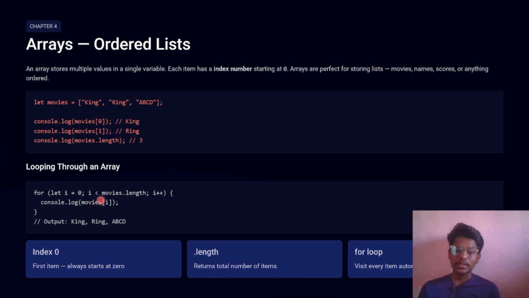Here you understand one thing: there is no equal to here. So i is less than movies dot length. What is the length of the movies variable? Here it is 3. Then i plus plus, console.log movies[i]. It will print the names until the movies dot length index number is arrived, which is 3. Until the index number 3 is arrived, it keeps printing the outputs. Understand? Next,